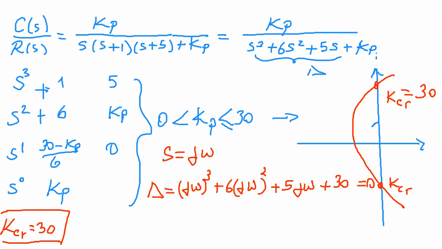So I continue. J omega power, J square is minus 1. So minus J omega power 3